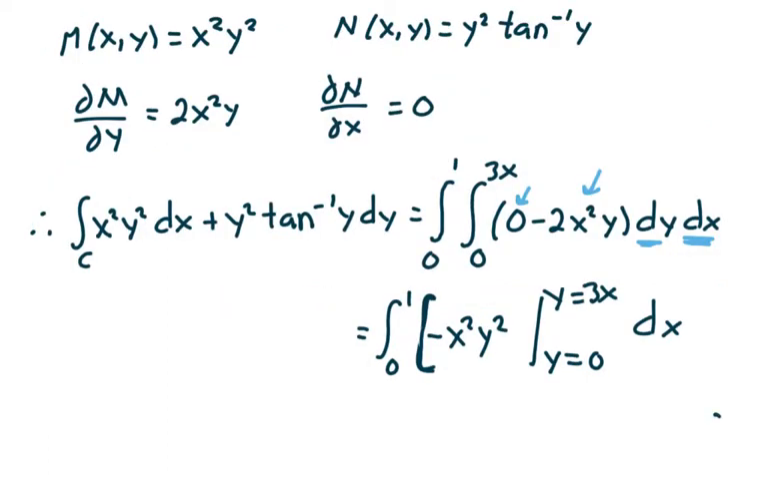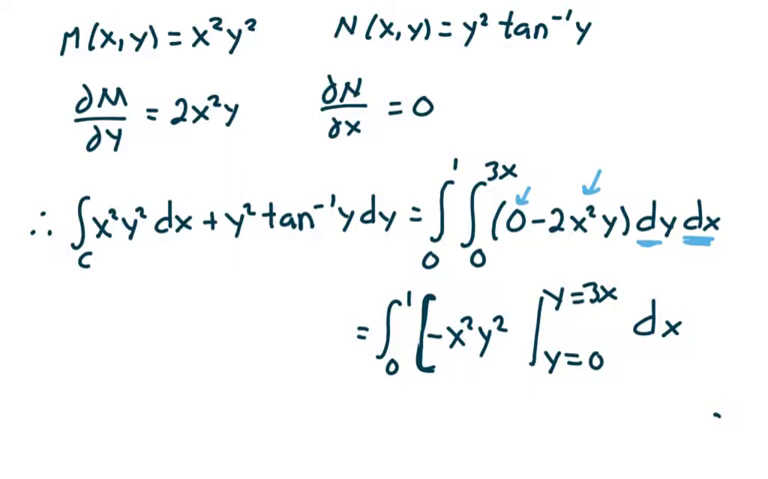Now, M of x, y is x squared y squared. N of x, y is y squared times arctangent of y. The partial of M with respect to y is 2x squared y. The partial of N with respect to x is 0. Remember, y is constant. So the integral over C of x squared dx plus y squared arctangent of y dy